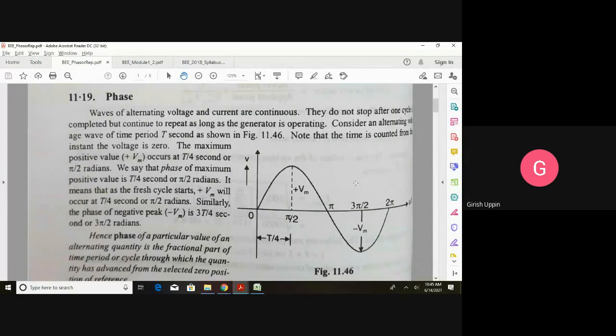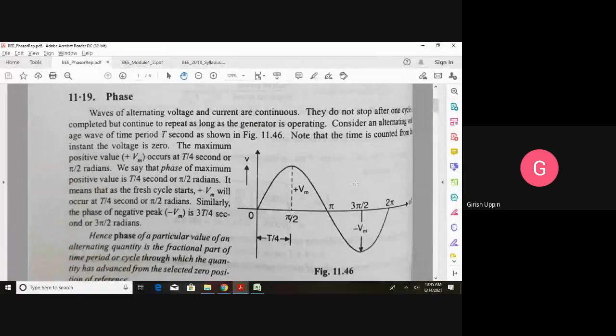The RMS value of an alternating quantity is 0.707 times the peak value. That is the fourth representation. Then one more representation we have is the phasor representation. Phasor representation is very important if you want to do analysis. When you are doing the analysis, the phasor representation is the easy way to represent the alternating quantities, and we can perform the analysis very easily on top of that.